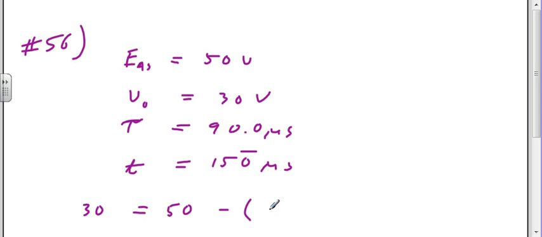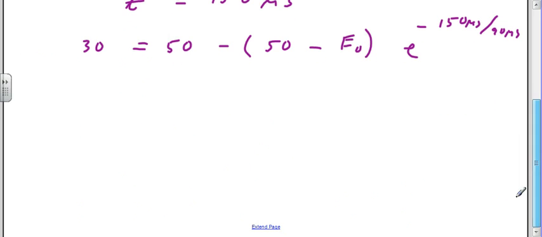Alright, so from the equation, V naught, which is 30, is equal to E_ss, which is 50, minus E_ss, which is another 50, minus E naught, which is what we're supposed to find, times e to the minus t, 150 microseconds, divided by the time constant. Is that divided by the time constant? 90 microseconds. All right. So I'm going to put this on the other side of the equation to get rid of the minus sign. So I got 20 is equal to 50 minus E naught,